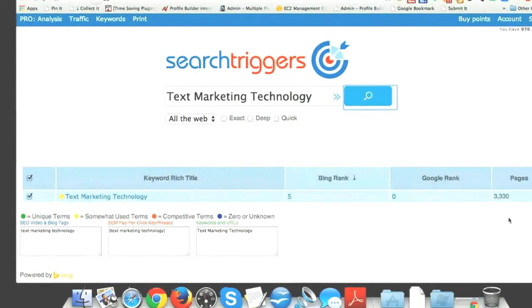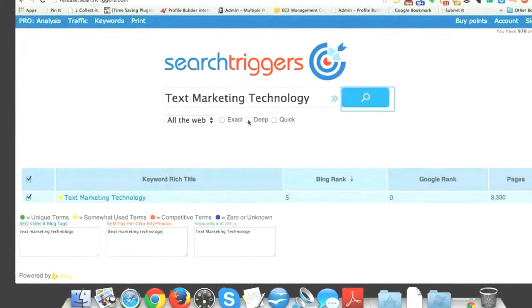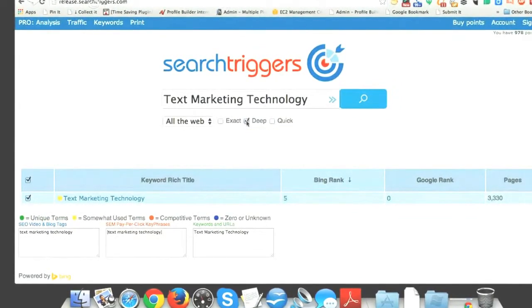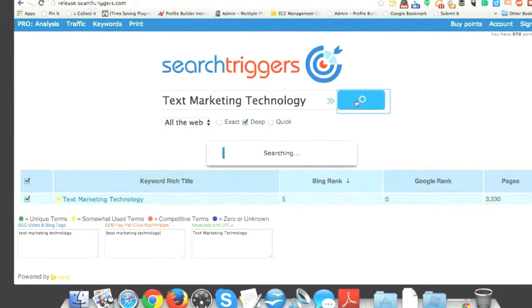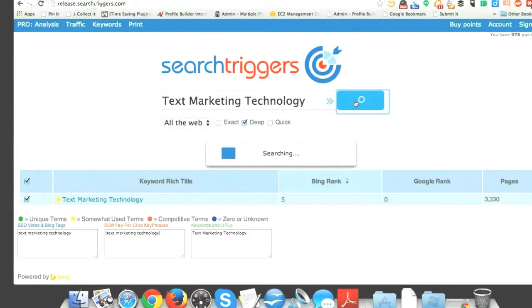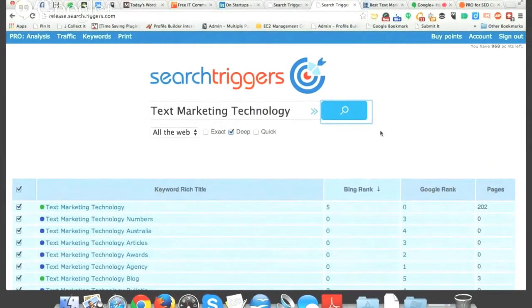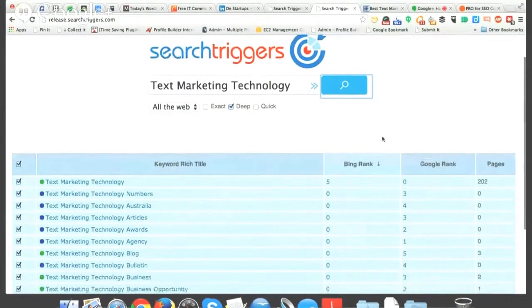Now let's talk about Deep. So I click on Deep, and then text marketing technology. Hopefully it won't break. Whenever you use a deep search, you want to already be on a niche.